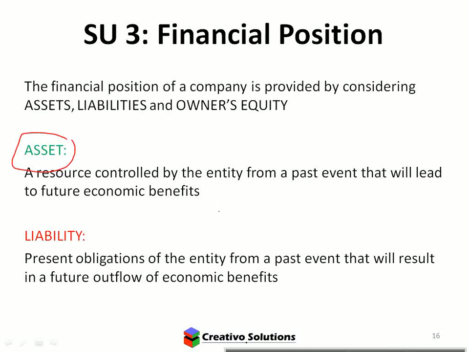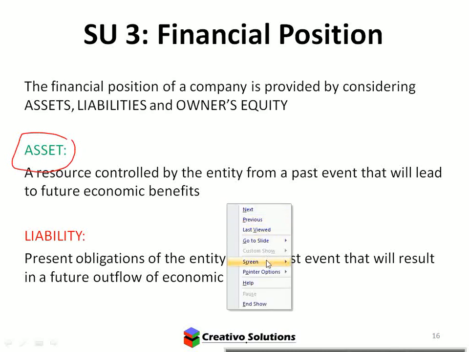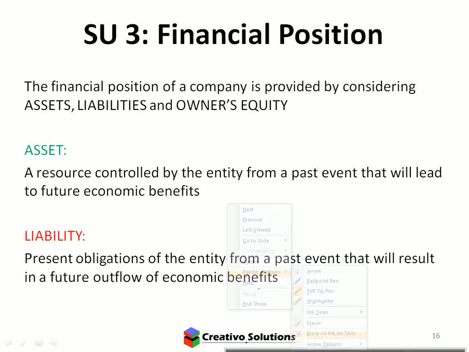There's a very specific definition. Remember, recognition is part of the process to record transactions. So if you don't know that furniture is an asset, there's a problem. You're not going to be able to record the transaction. If you know furniture is an asset, then it's easy to account for the transaction because you know what you're dealing with. So step number one is the recognition. The definitions help you recognize what something is. It is what it is.